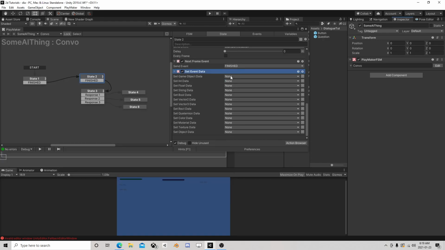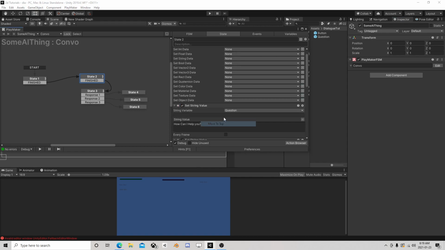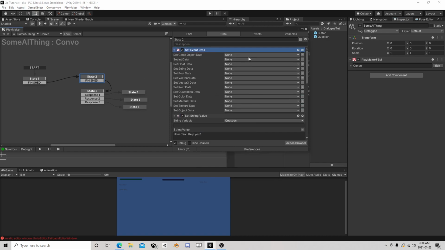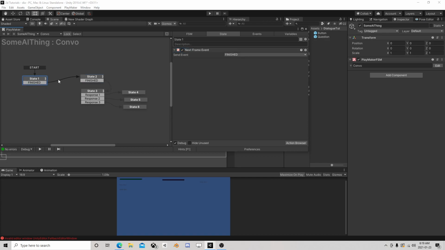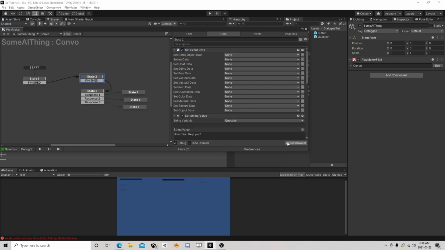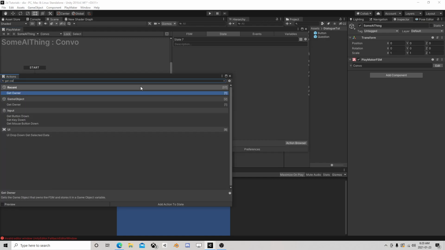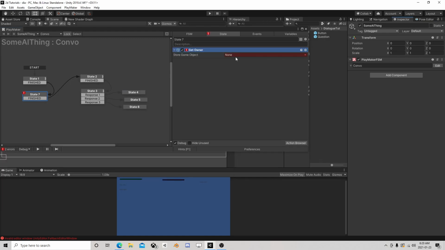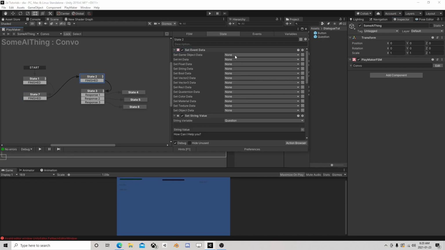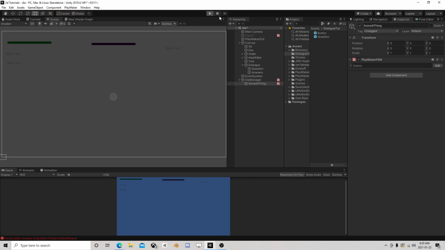Set event data. I don't actually even need to do it in this one here. I could have done this in the beginning. We are going to set our self. So we need to get owner, store as self. Come over here, set game object data as self. So now when that goes,